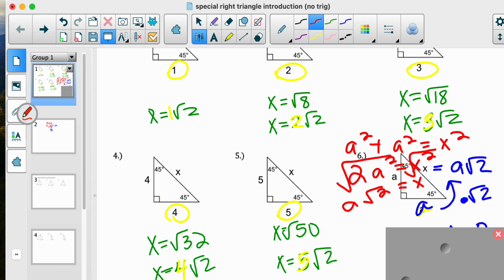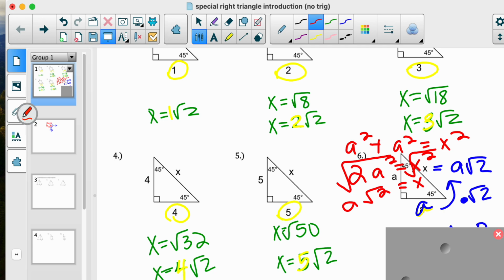Divide by the square root of 2. Okay? And so what we're going to do next is practice multiplying and dividing with square root of 2 and talking about how we work with it, because we don't want to go in decimal form. So that's what we're going to get to next before the end of class, is just the ideas of how to work with these